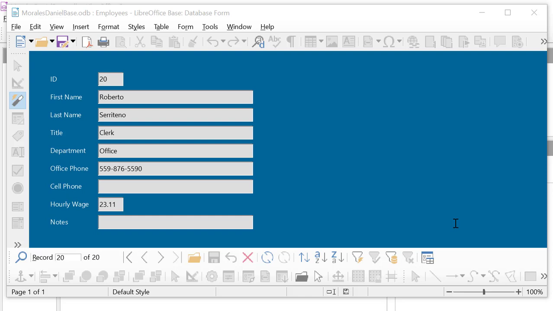We're looking into databases. So here I finally finished my 20 records. I'm on ID 20, record 20 out of 20. So I have 20 employees, and some of this information is not real. I'm making it up, but that's okay for the purposes of this project. So now what we want to do is make sure we save it. Click on save, or here, save. Next, we close this,